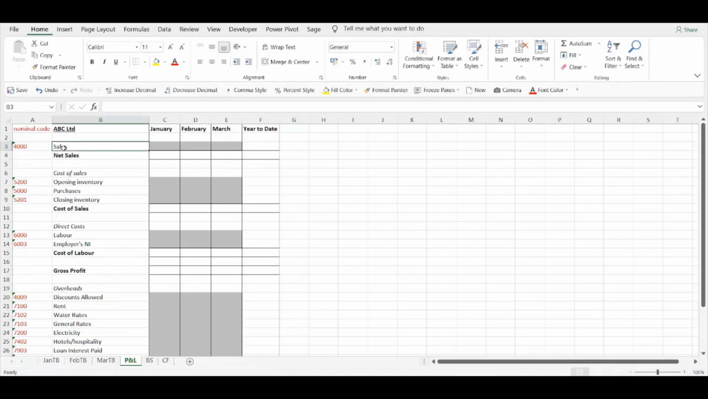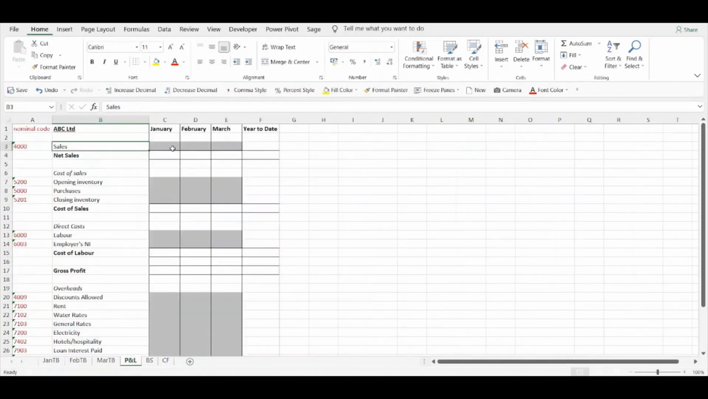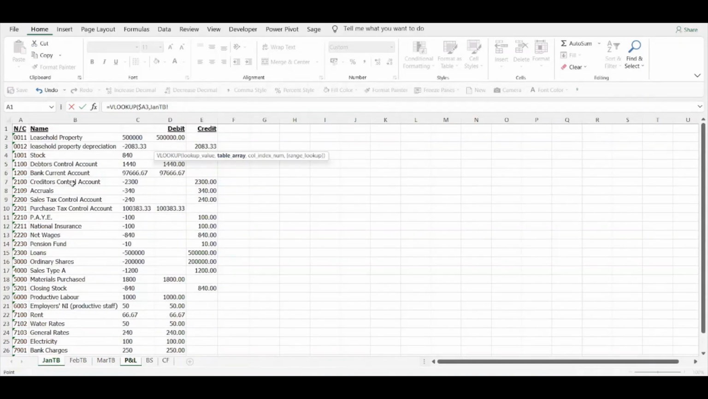So for the sales category, we've got a nominal code of 4,000. If we go to our January TB, we'll see that nominal code 4,000 is assigned to a sales account. So if we go back to our P&L, we can now use VLOOKUP. We'll be looking up the nominal code of 4,000, and we need to fix the column cell reference. And then within the table array, we go back to our January TB because we're looking at January figures. We then select the first 3 columns because that has all the information that we need,